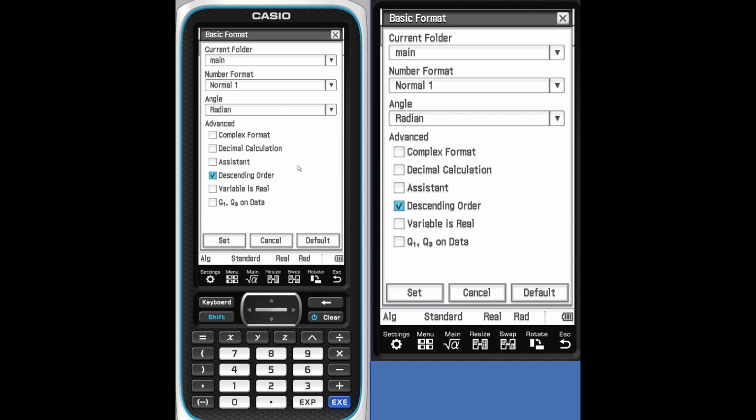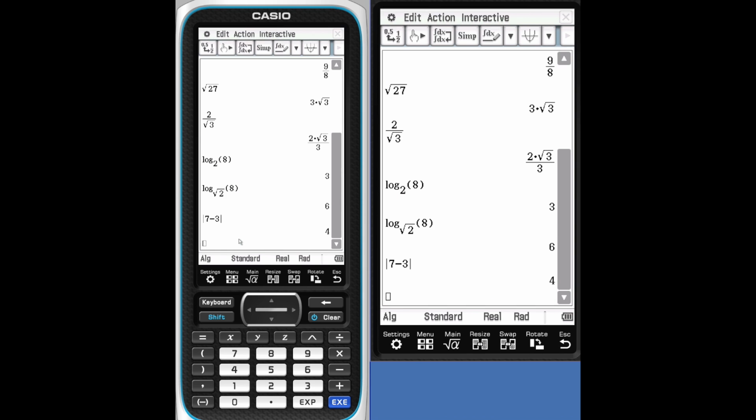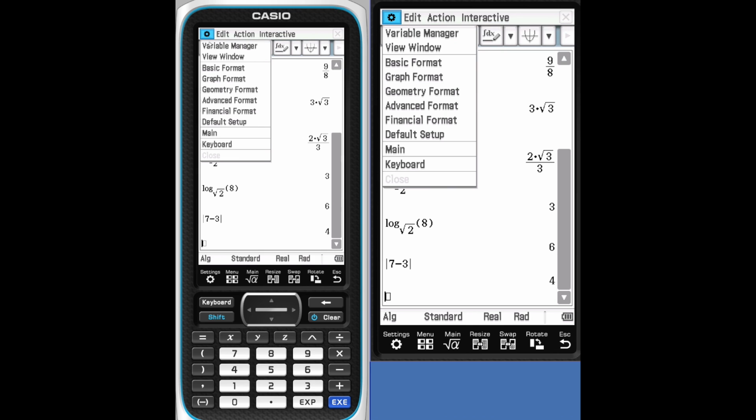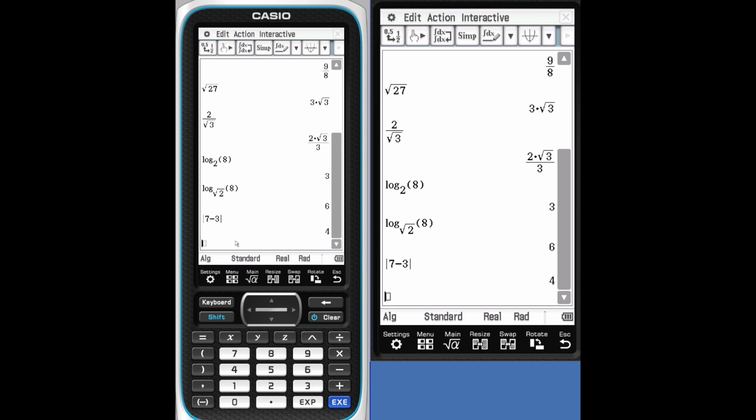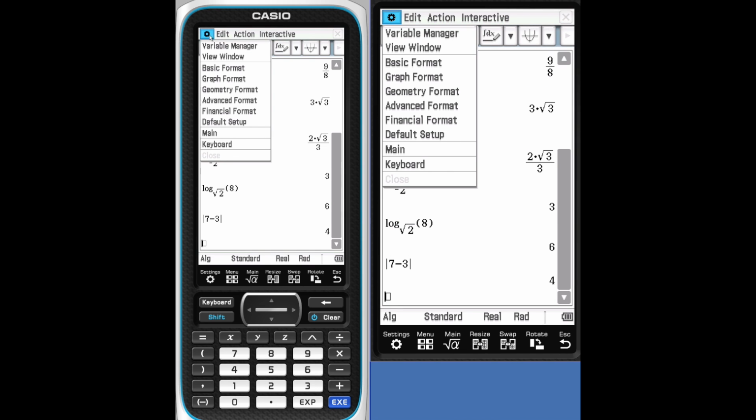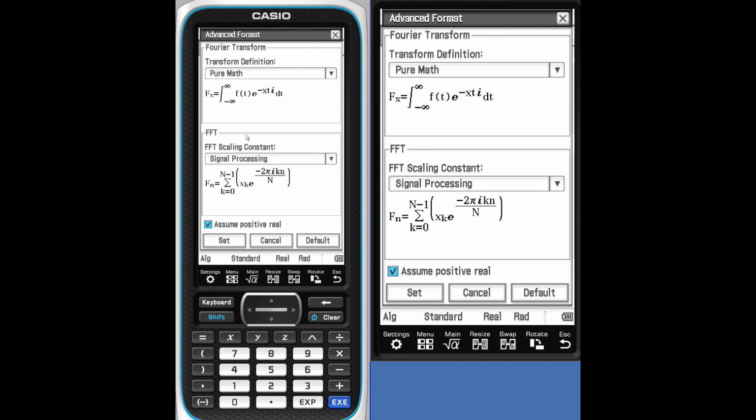We'll hit default. Set. Other options are you can also check your graph options. Default. Set. Advanced format. These are all pull-down menus, so you can change the pull-down menu based on what it is you're looking for to customize your ClassPad any way you want.